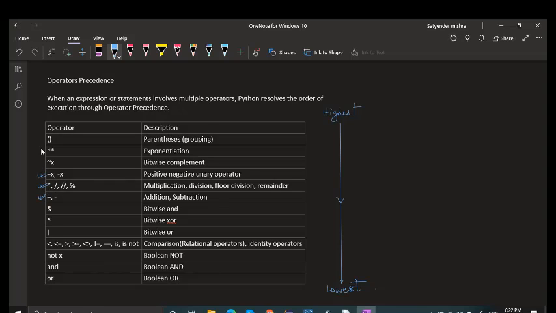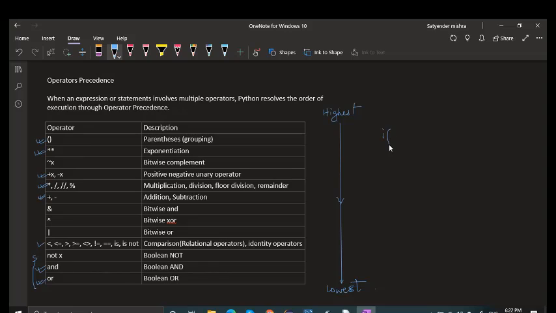Exponentiation always has higher precedence, and operations in parentheses have the highest precedence, so they are performed first and the result is used for other operations. You can see that the OR operator has the lowest precedence, lower than the AND operator. So just remember that all the Boolean operators have lower precedence than the relational operators.